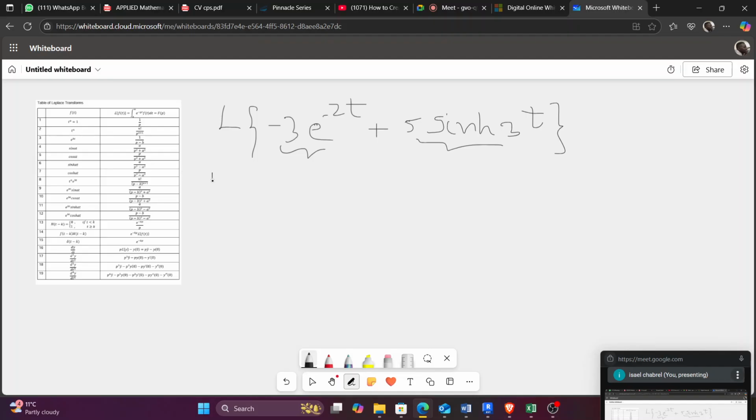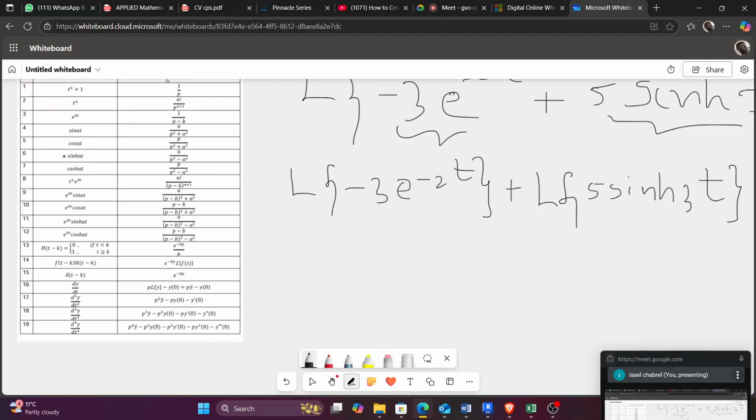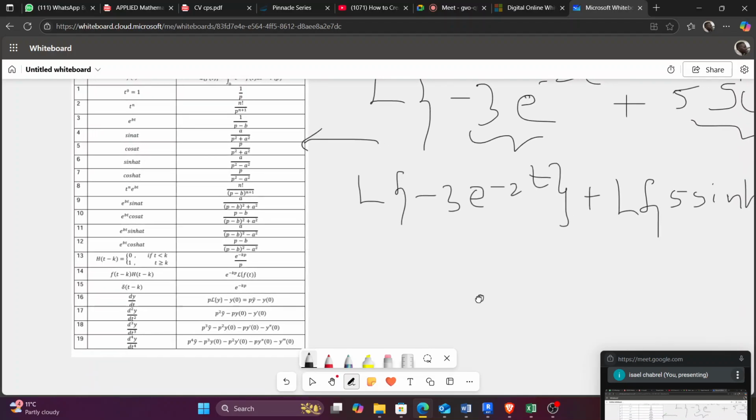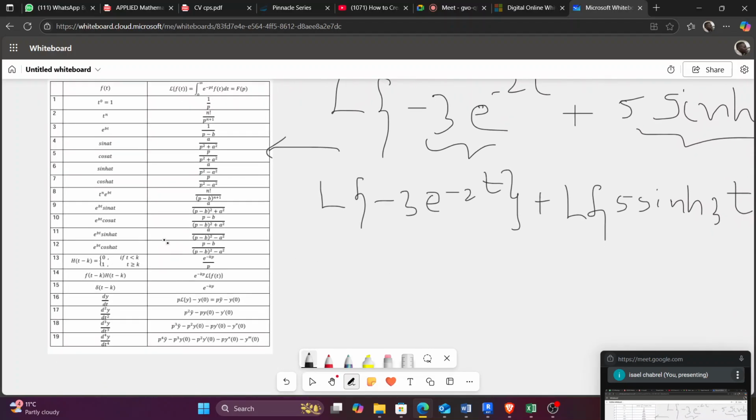I can write it like this: Laplace of minus 3 exponential minus 2t, plus Laplace of, you can give each and every expression its own Laplace. It's just a quick recap before we proceed to what we're going to do tonight. Sin of 3t. I don't know if you remember, yesterday we did something like this. And how do you solve for this? This is the formula sheet, as you see on the left. It will be provided. I said, whenever you solve for the Laplace, you look at the formula on your left and your answer is on your right.